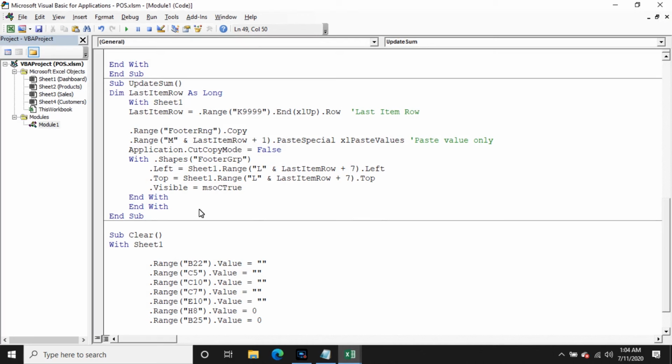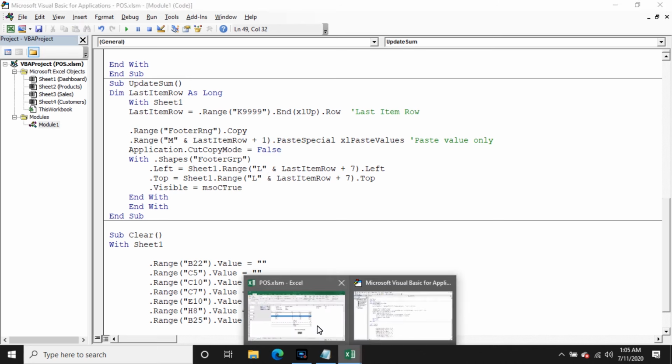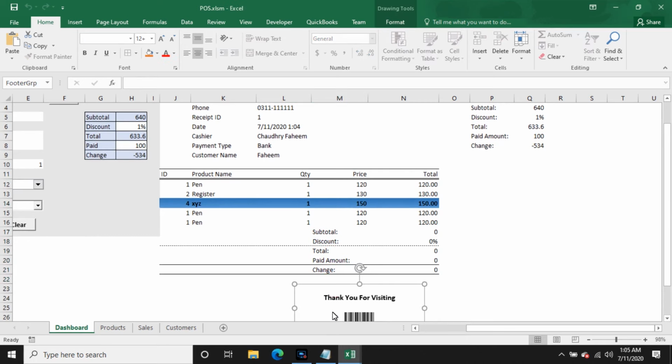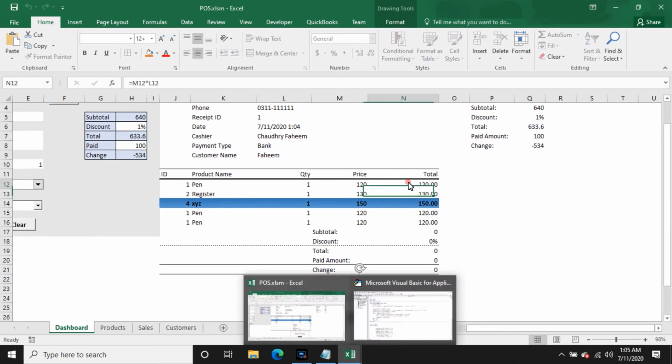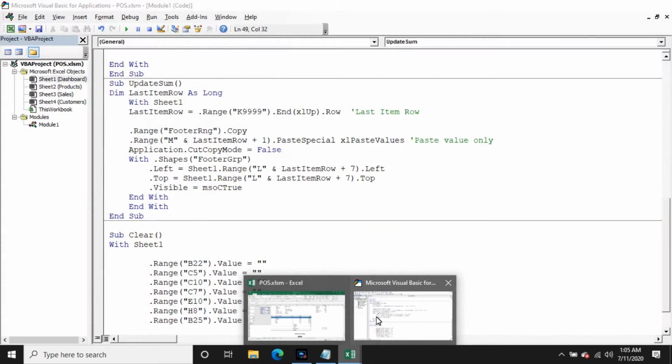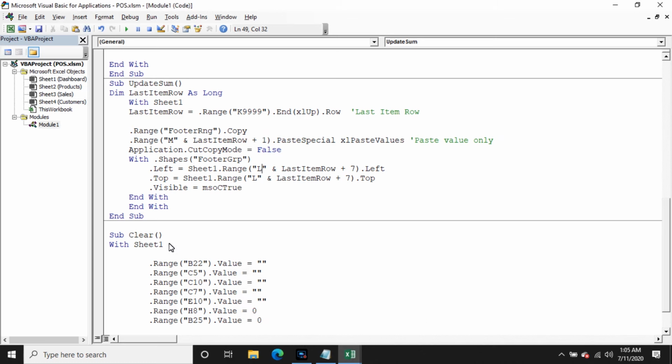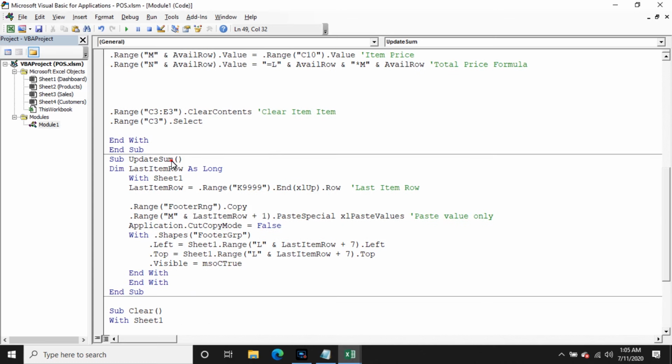After that we are going to paste the footer group, L column, and last atom row plus 7. So 7 means these are the 1, 2, 3, 4, 5, 6 and 7. After 7 rows we copy this group, and for that now call this function here, save it,